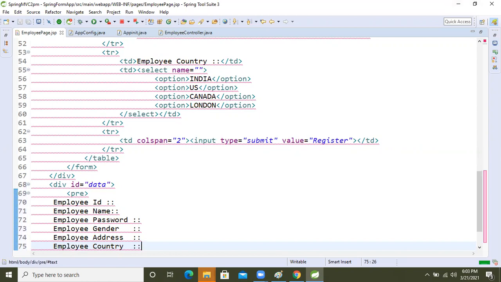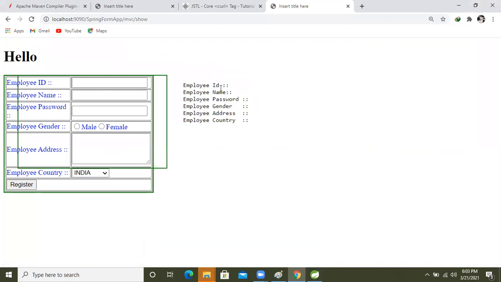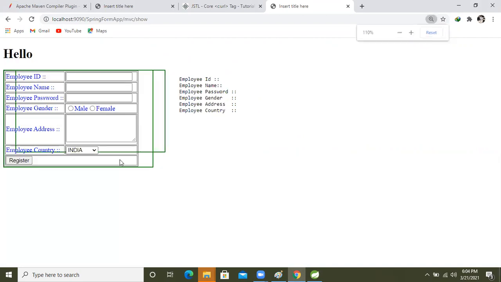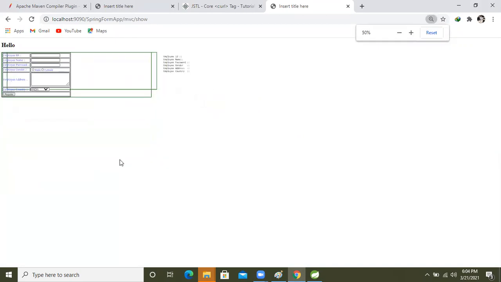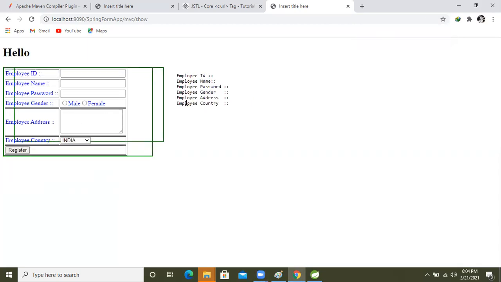Okay, so you want to see how it looks? Now what we are going to do, I'm refreshing this. Why does it look like this only? No problem.